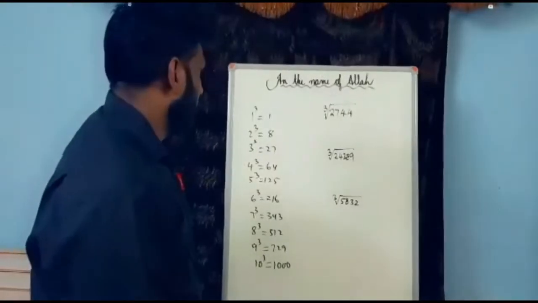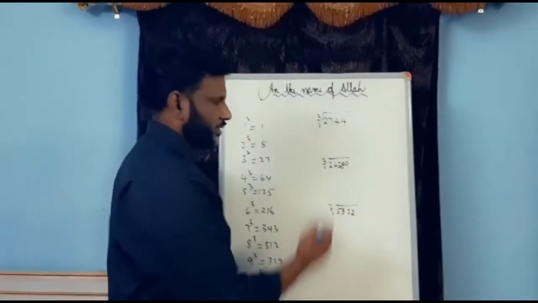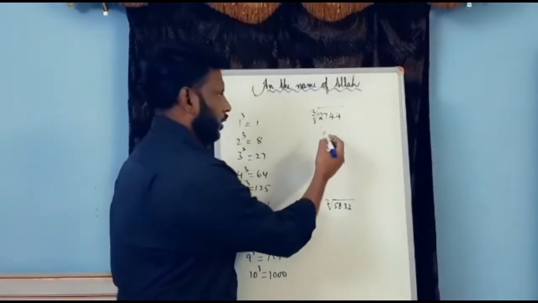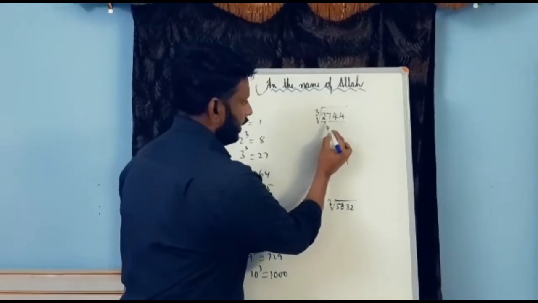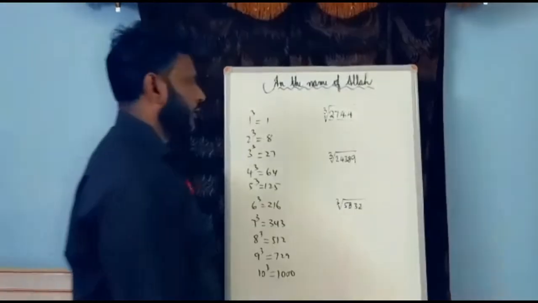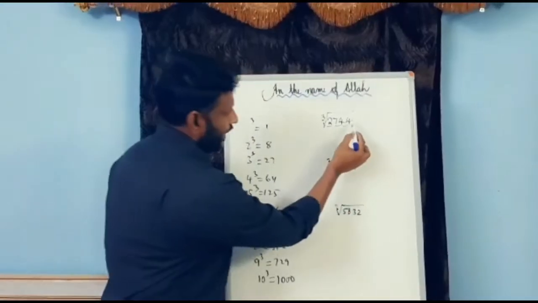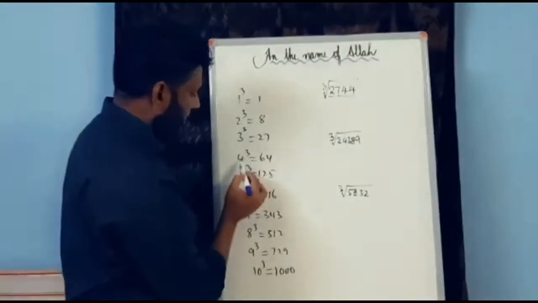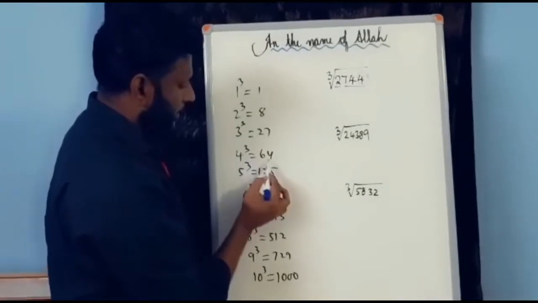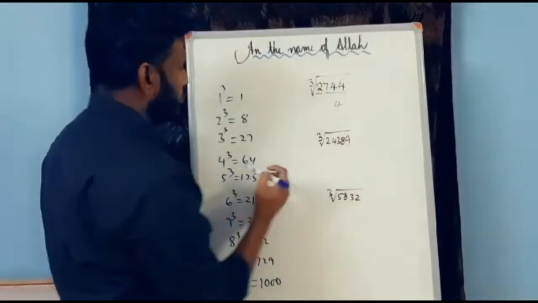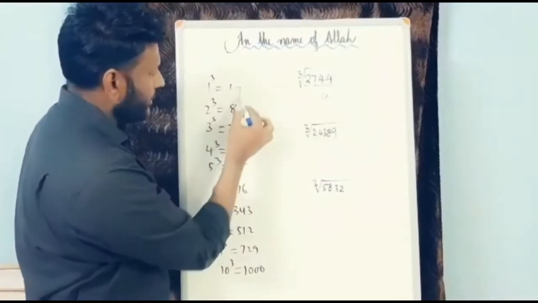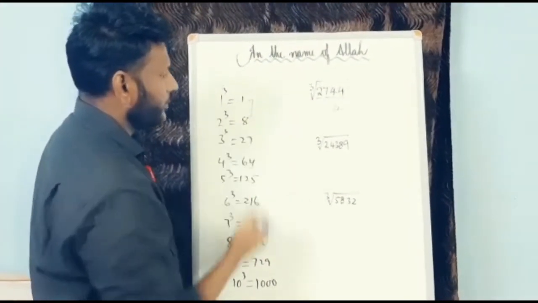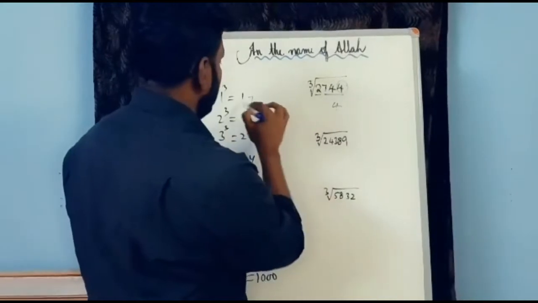Finding the cube root with a short trick: 3 digits count as 1 because it is a cube root. So make a pair, 3 digits count as 1, and here is 1 digit. Just look at the last digit, 4. When you do 4 cube, it ends with 4. And this 2 lies in between 1 cube, which is 1, and 2 cube, which is 8. So 2 lies in between 1 and 8, so the least number we have to take here is 1.